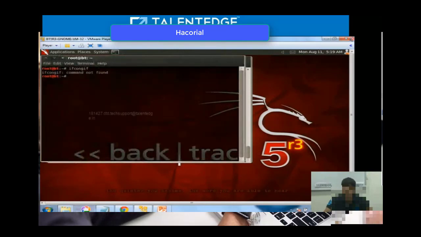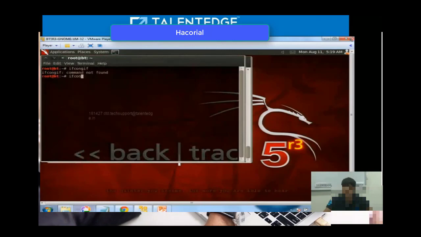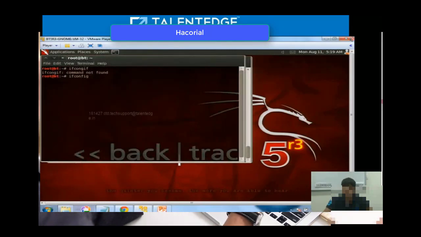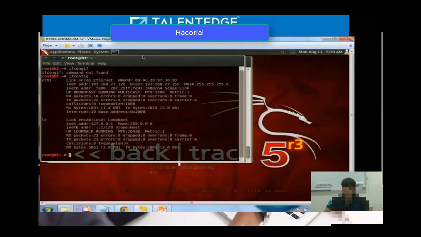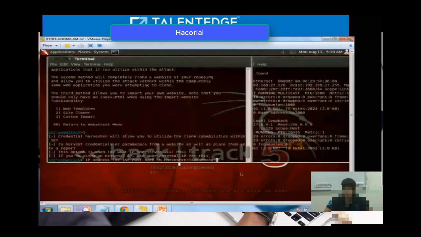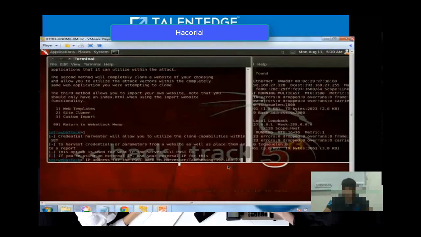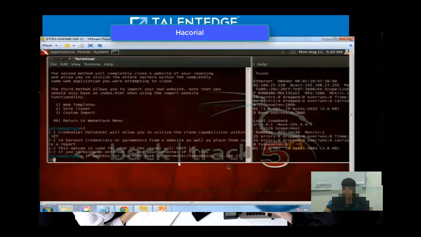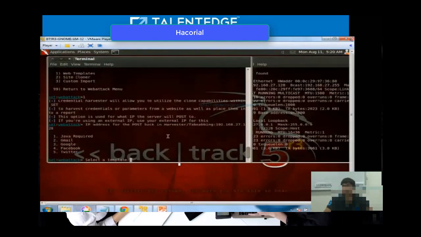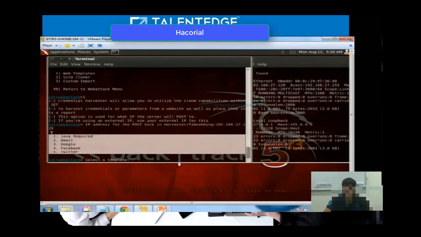So I open up a new terminal window and I type ifconfig, and my IP address has been mentioned here. So let me type that IP, 192.168.27.128. Press enter, and now it is asking me which website would I like to clone. So there is